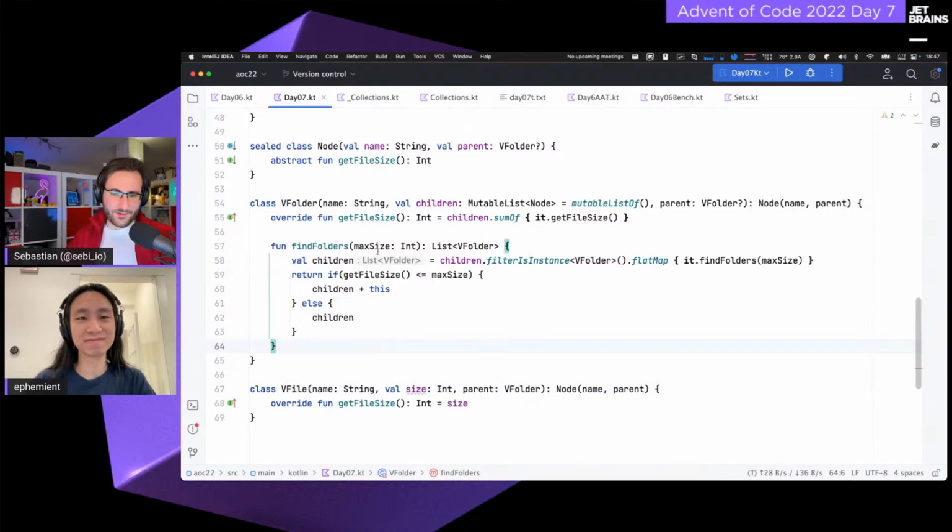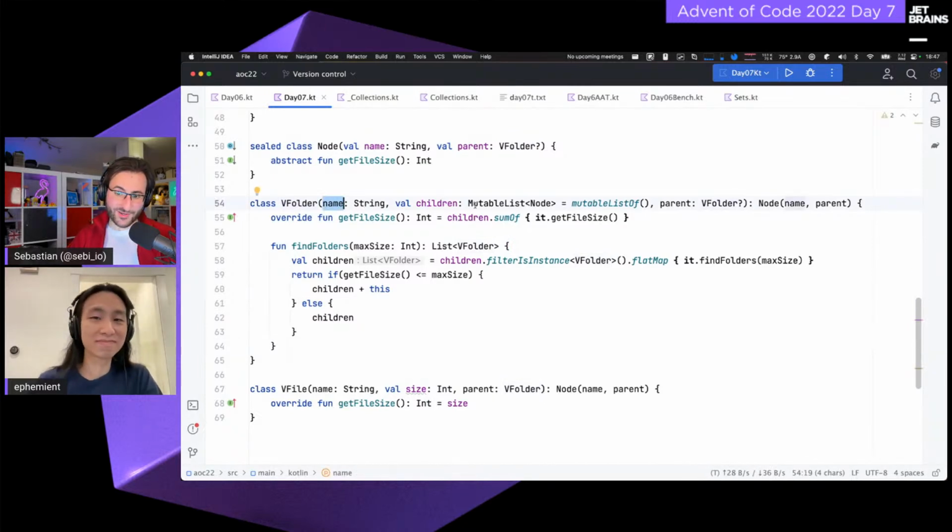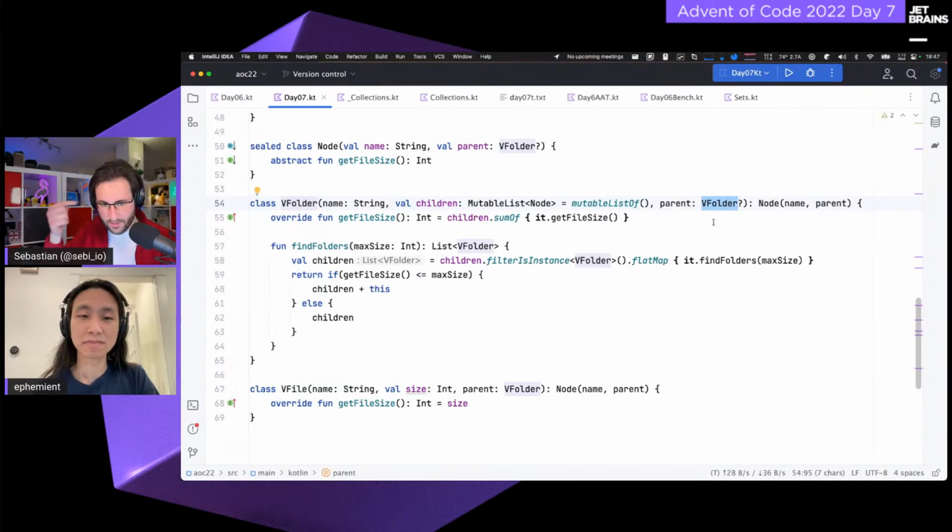The general gist is that I save away their name, which I'm not sure is actually necessary, but I wasn't sure what part 2 was going to bring. I save the children they have, as well as the parent, because I need to be able to navigate up out of my tree as well. So I need the relationship in both directions: what am I containing and what am I contained by.